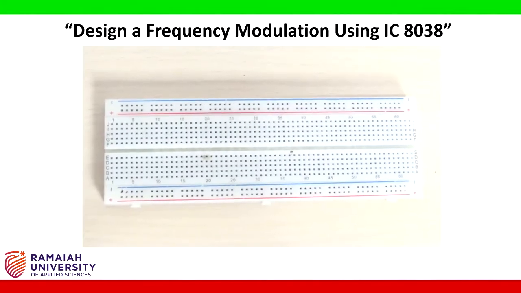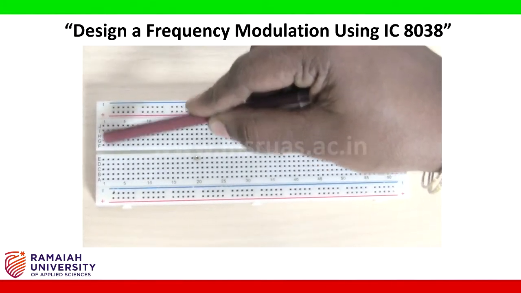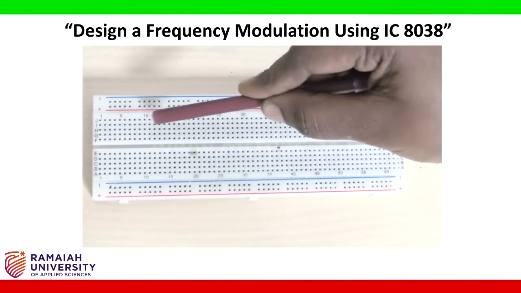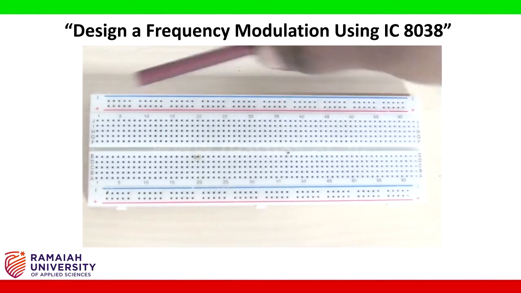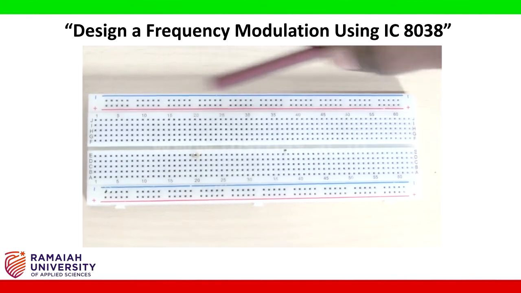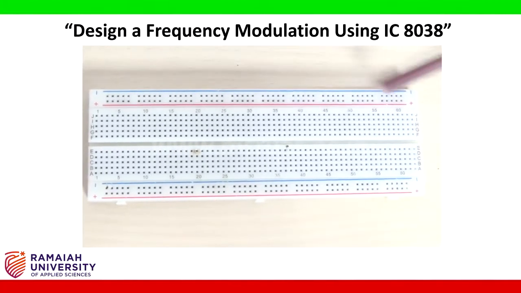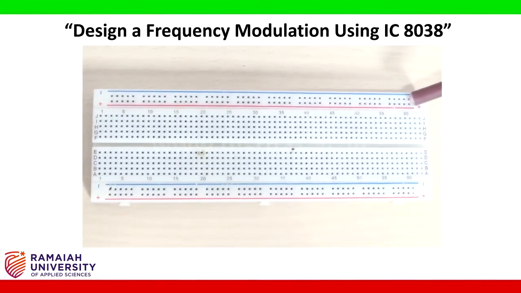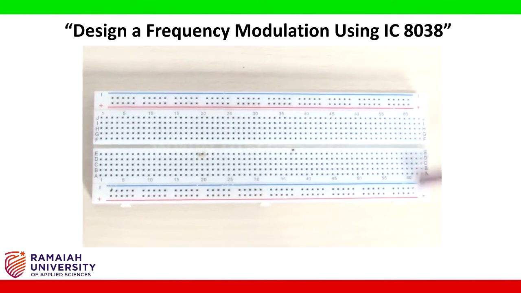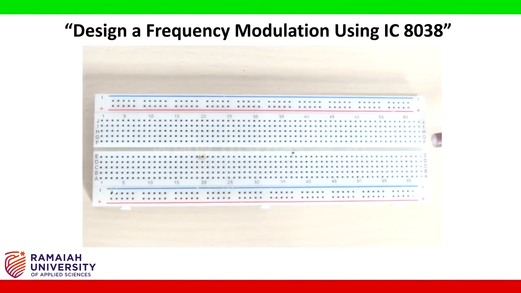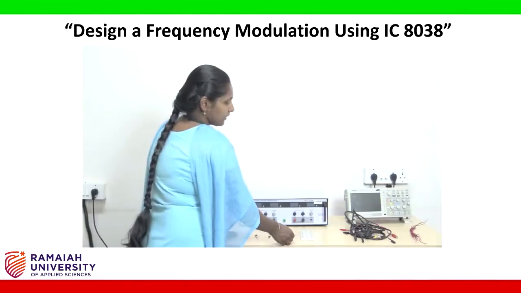Breadboard. In this column, all the dots are connected to one node. In every column, all the dots represent only one node. Here, everything from this edge to this edge is one node. Like that, we have 2 nodes on the top and 2 nodes at the bottom. Other than these 4 common nodes, every 5 dots represent one node.